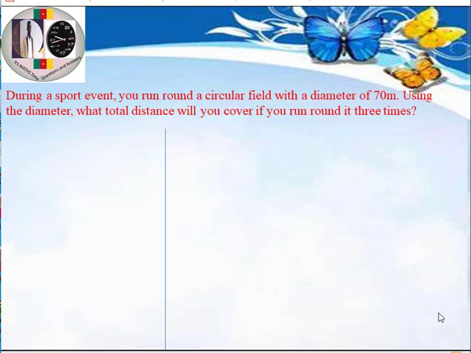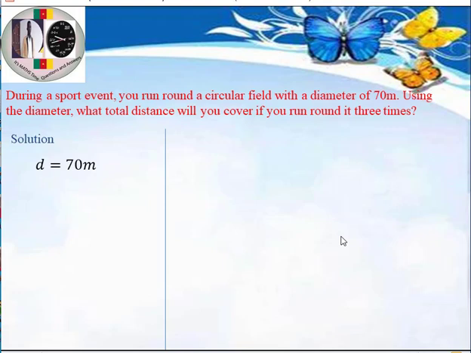So this is simply application of the circumference of a circle, where we define the circumference of a circle as the distance covered all around the circle. So if you run around the circle 1 time, you will cover the circumference of the circle 1 time. So if you run around the circle 3 times, you will cover the circumference of the circle 3 times. So what data has been given to us is simply the diameter, and the diameter we said is 70 meters,